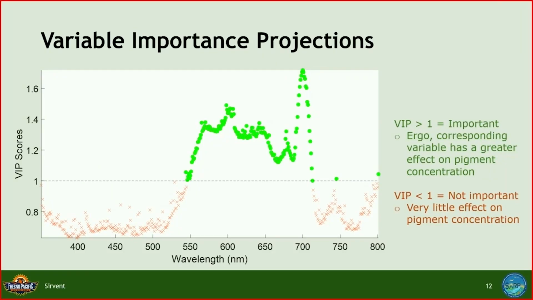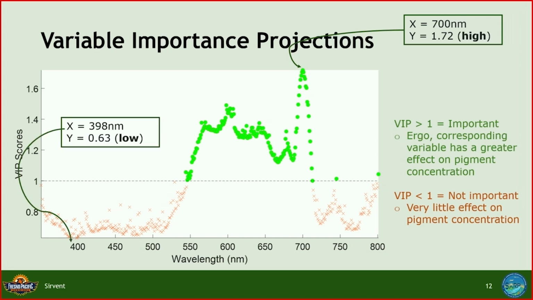But for both of the following methods, we need a tool called variable importance projections. And this basically tells us which wavelength bands are more consequential in predicting pigment concentrations. If you have a VIP score, those are the green circles, that is greater than 1, that means it's a really, really good predictor of pigment. Whereas if your VIP score is less than 1, it's a really poor predictor. And so we want to look at the high VIP scores, because that's going to tell us more about the pigment. And then we can also compare that with a low VIP score and see how those are related.